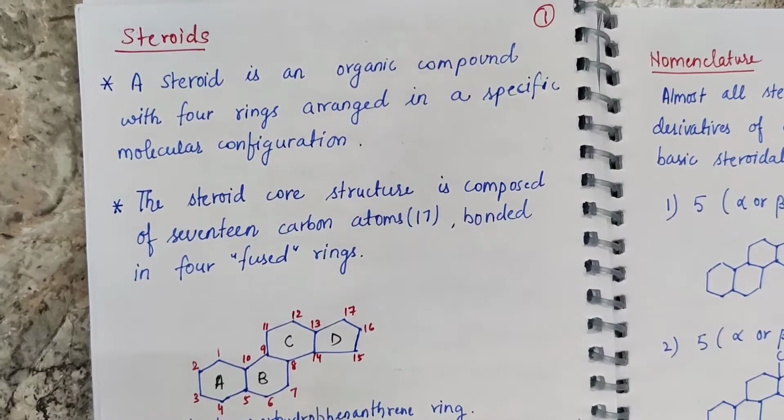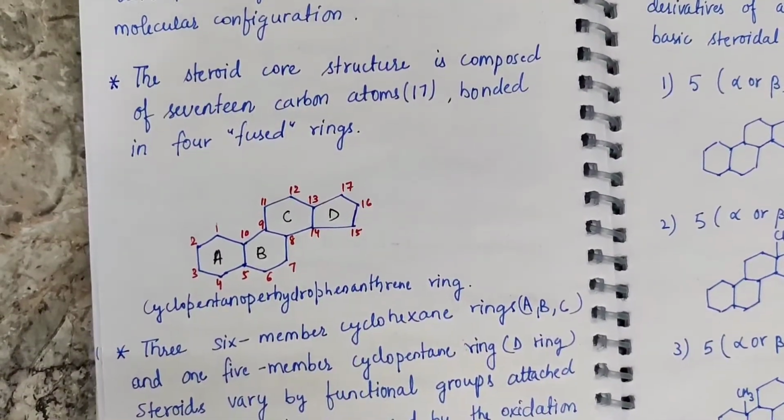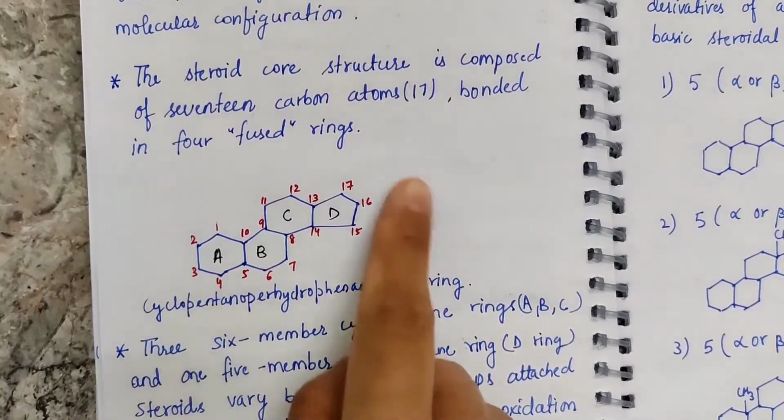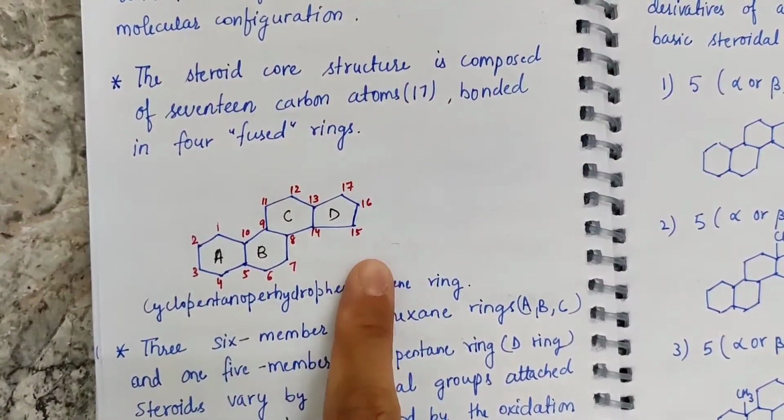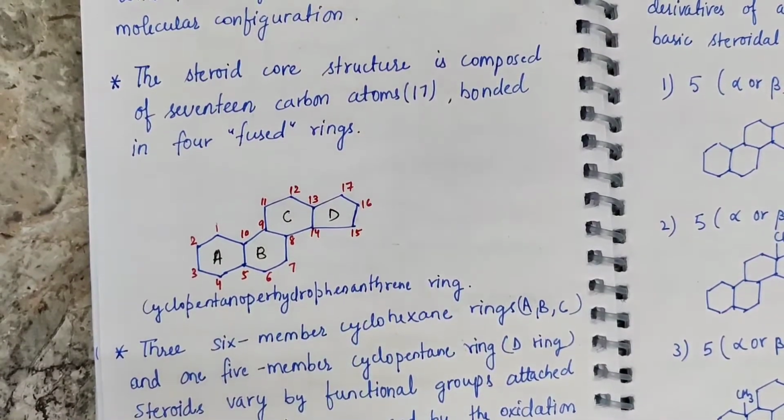Today we are going to study about steroids. A steroid is an organic compound which has four rings arranged in a specific molecular configuration. If you could see, here we have 17 carbon atoms, four rings,